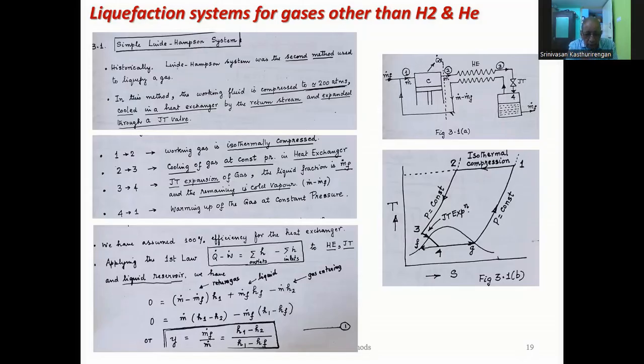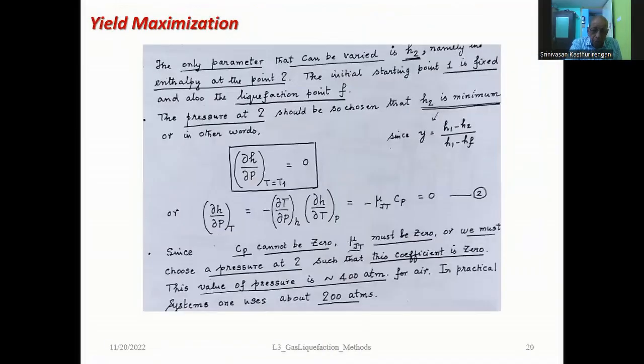So if you rewrite these terms, then you can show that y, which is called the yield, which is mf dot by m dot, is equal to h1 minus h2 divided by h1 minus hf. Unfortunately, that hf part is not visible. That doesn't matter. Okay. So this is what is called the yield for the liquefaction process,